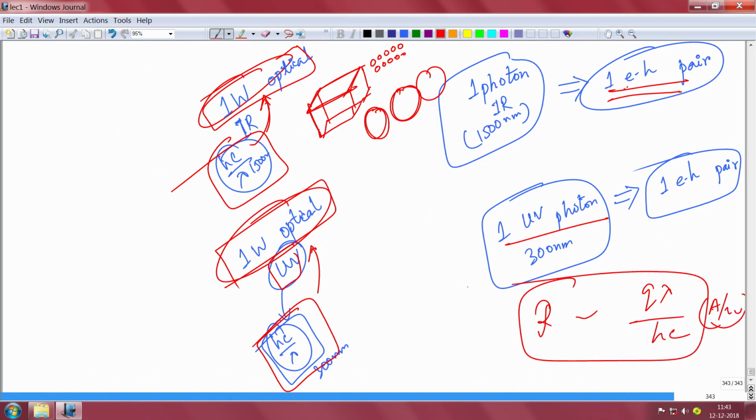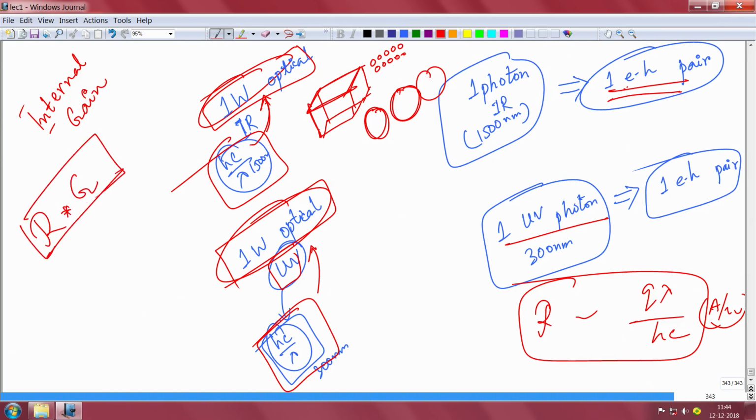Okay, but this is the theoretical limit. In some cases there can be an internal gain in the device. If there is an internal gain, then your responsivity will be multiplied by the gain. The gain can come because of many factors, avalanche or many other traps and other things, don't worry about that, but there can be a gain, and efficiency of a photodetector can be more than 100%, which means the responsivity can be more than the theoretical limit. Why is that possible? There is physics behind it, there can be trap related gain and other things. Let's not come to that so much now, but please understand that.